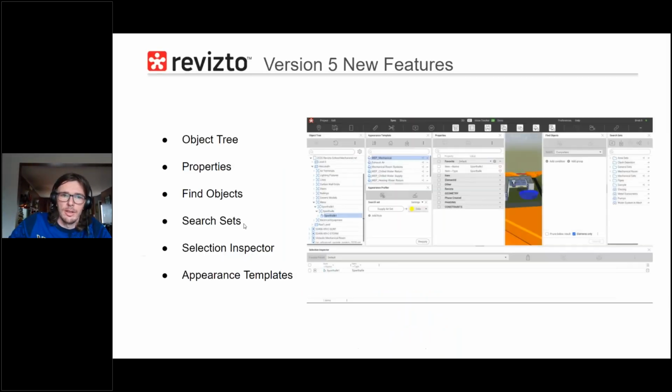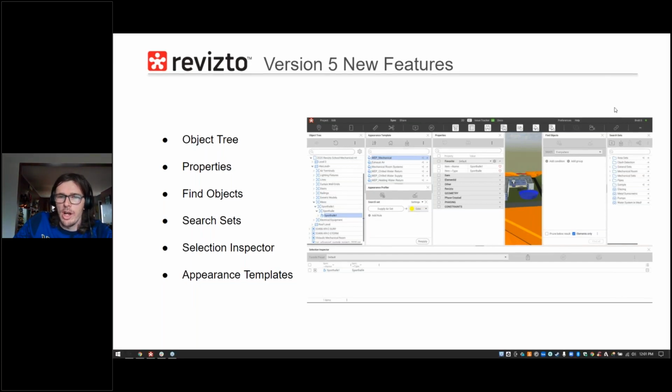So as we get going here, we're only going to look at one slide today before we jump into the actual product. And what I really want to do is just focus on what all new features have made their way into Revizto 5 and kind of just a brief little snapshot of what it looks like when all these tools are open. We'll cover a little bit about the way the interface can be manipulated as well as we're